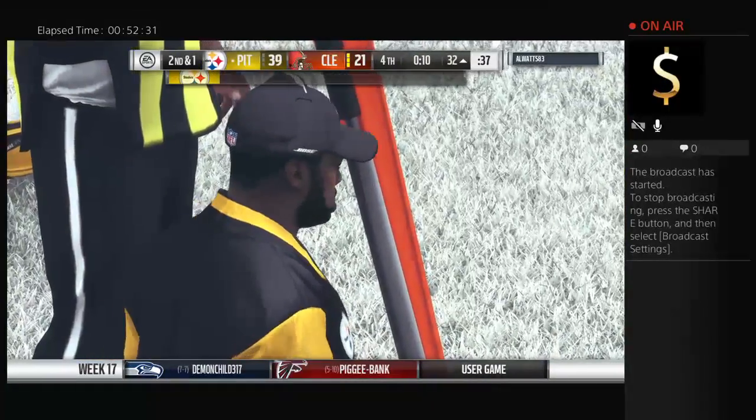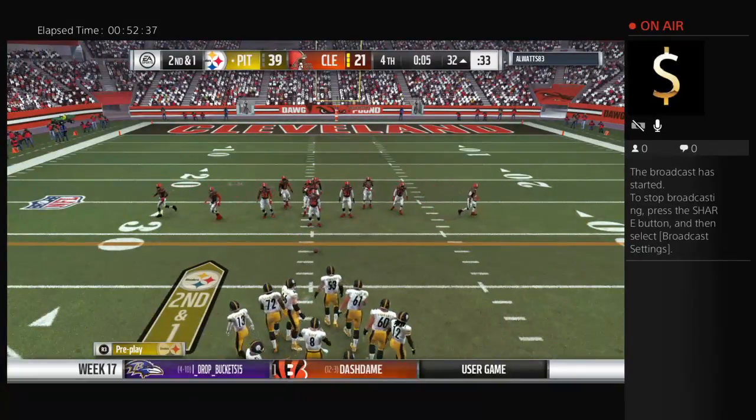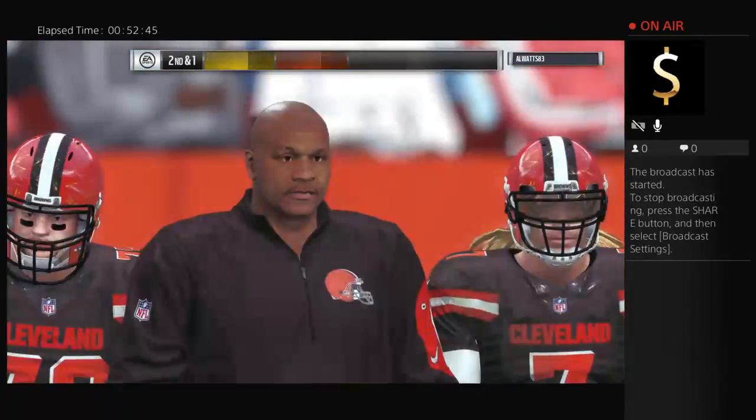9 yards is the pickup there, and they'll have a 2nd and 1. I know you're trying to wring every yard out of a run, but I think 9 yards there is ideal in this situation. Yeah, now next, keep that clock rolling with a lead here in the fourth. Yeah, what you're saying...